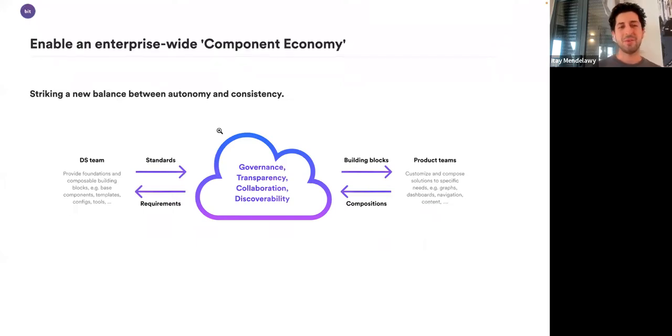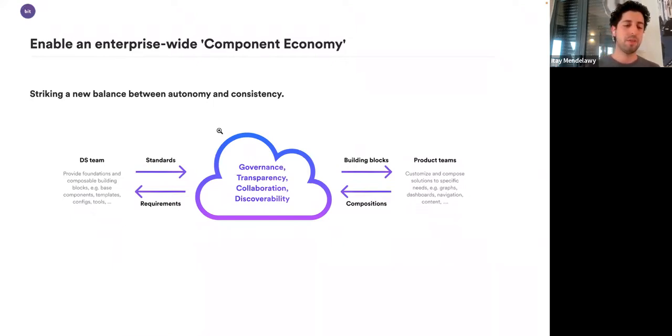And with that, we can even enable this enterprise-wide component economy, which can strike a new balance between the product team autonomy that we want to drive, because this autonomy allows those product teams to move forward fast, and the consistency that we also need from the design system team, which needs all of the apps in the organization to have the same, or at least a consistent, UI UX experience.